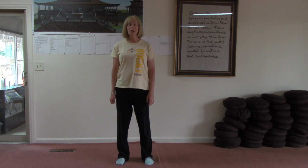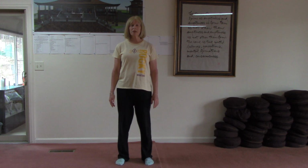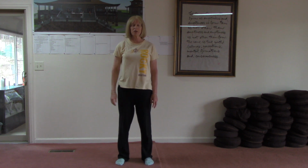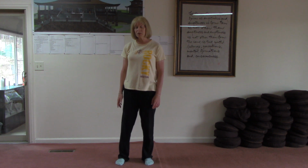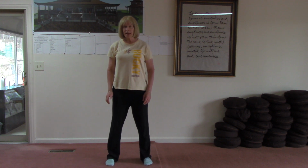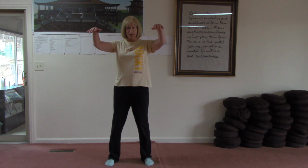So again, starting at the beginning, coming to center, imagining the line coming from the heavens down through the center of the spinal column down to the earth, getting yourself grounded, paying attention to your breathing. Beginning, shifting your weight to the left, pointing the toe, widening the stance, shifting your weight to the right, back to center. Now we go into upward and downward, and I always do it a few times,